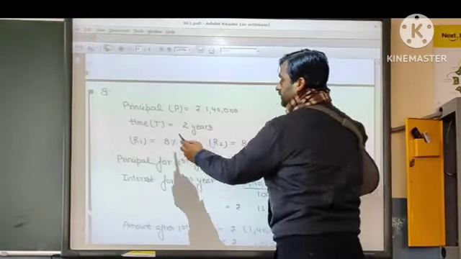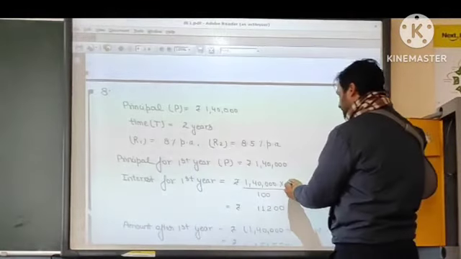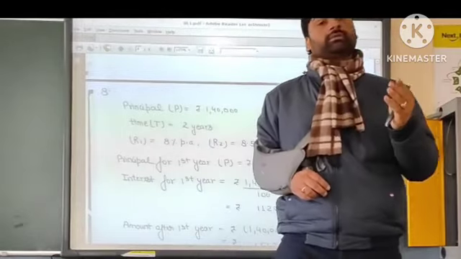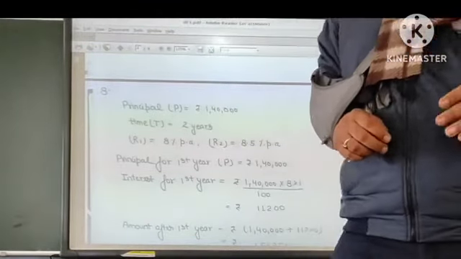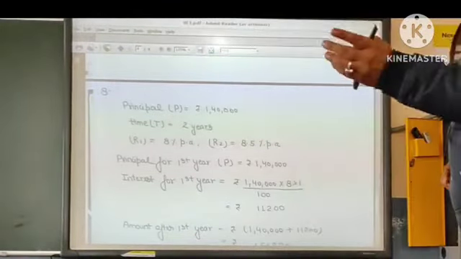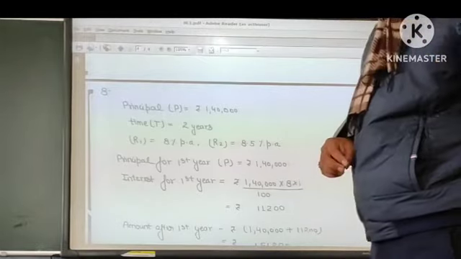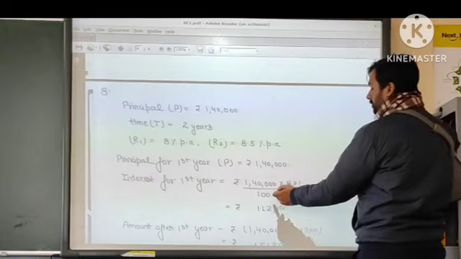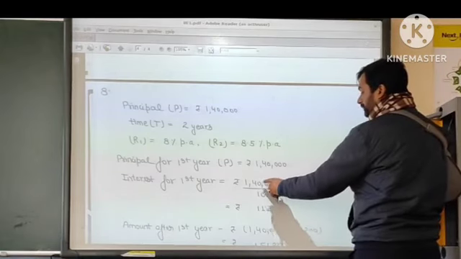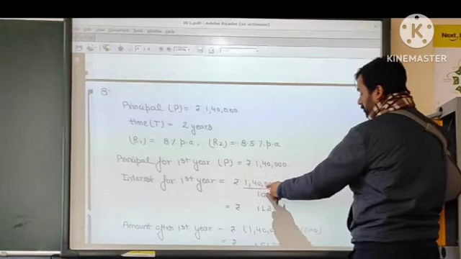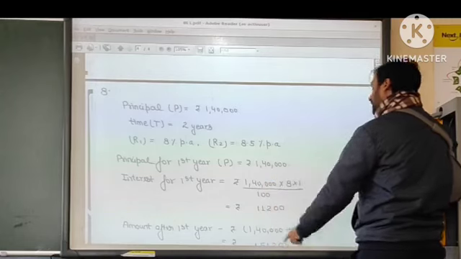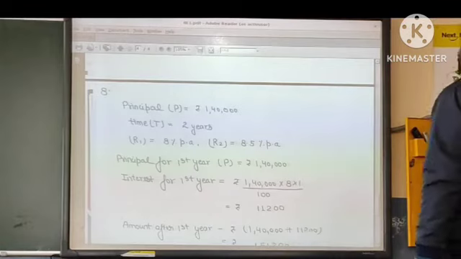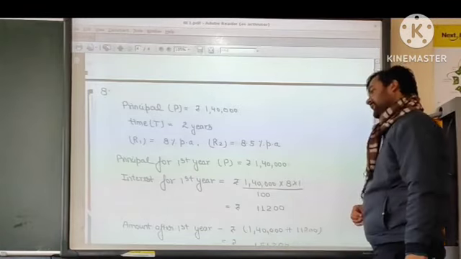Two rates are given here. The first rate of interest is 8%. Time will be 1 year. I have told you, whenever we use the simple interest formula to calculate compound interest, time will be 1 year, and it is used as many times as the number of years. So 1 year is here, 0 cancel, 8 into 1400. So 1400 is here. So 11,200 will be the interest for the first year.